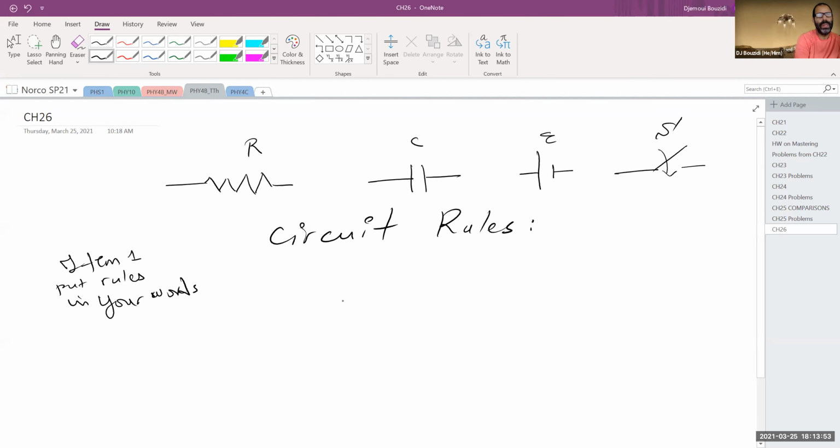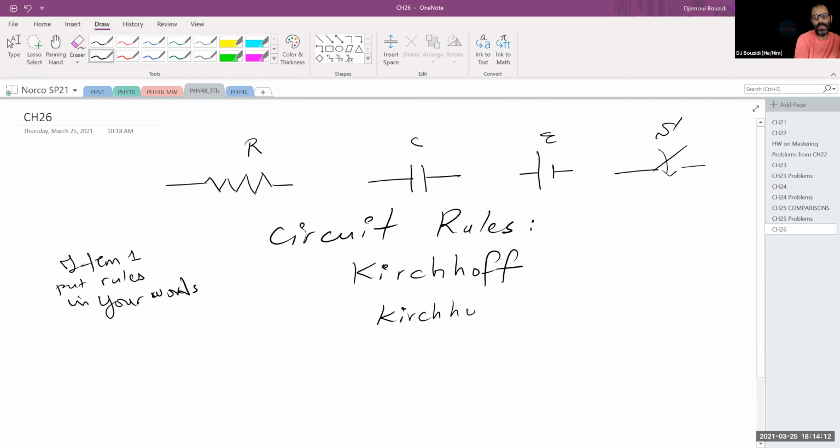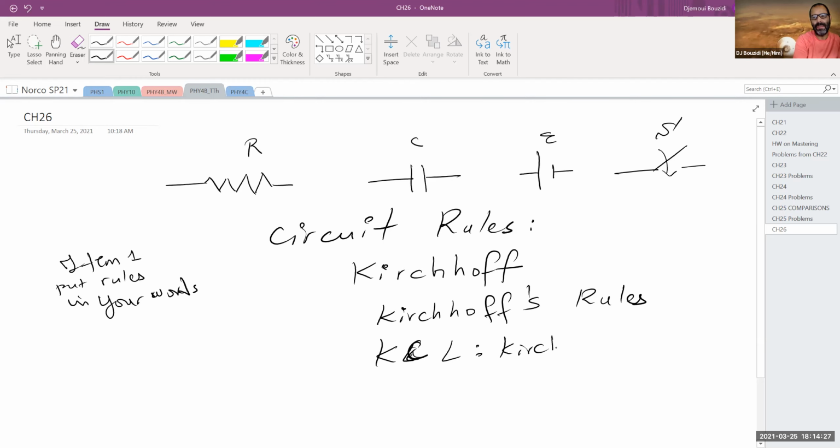First of all, they have an owner. Mr. Kirchhoff is the one who came up with this one. That's how you spell his name, okay? And in the scientific community they're called Kirchhoff's rules. Some people actually call them KCL. That's how they refer to them. So if you hear somebody talking about KCLs, what they're telling you is Kirchhoff's